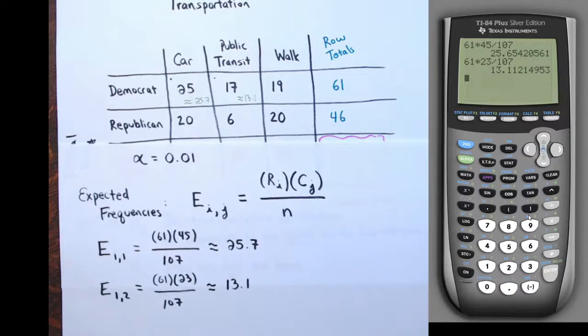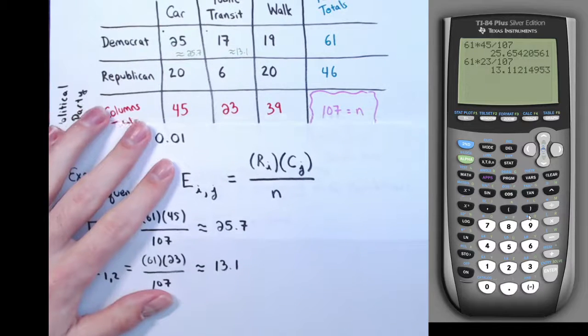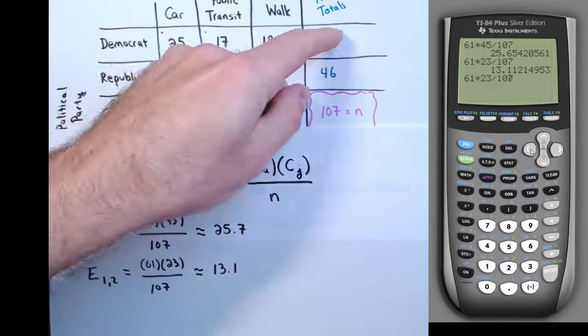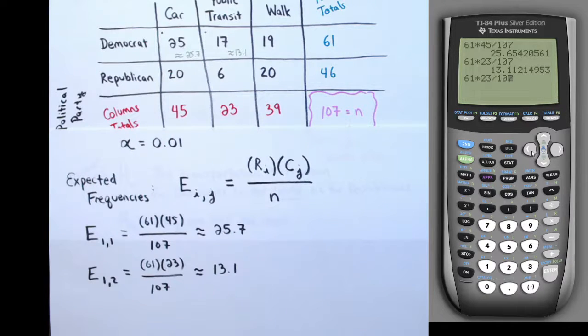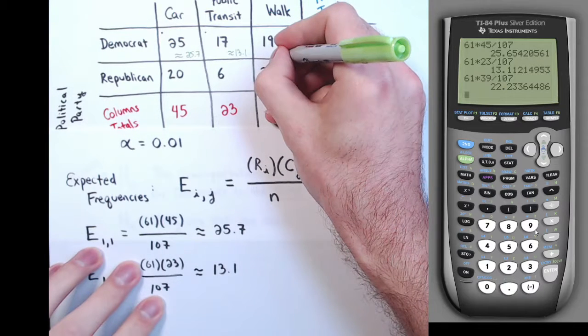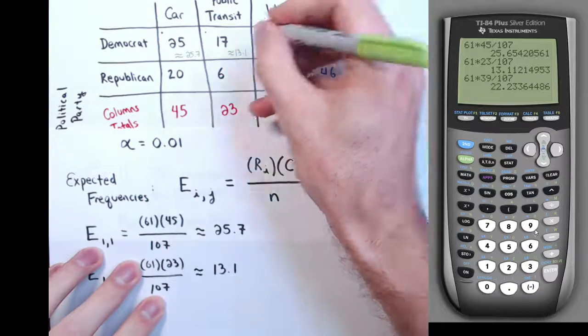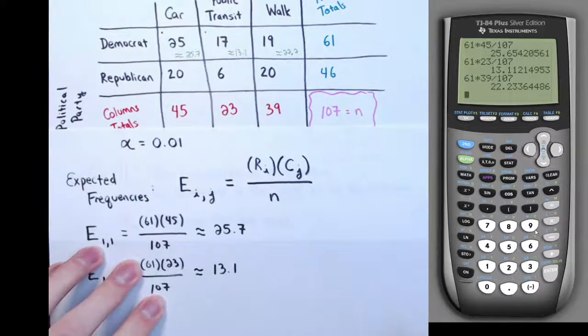All right, and let me just do this real quickly for the others. For the first row, third column, I'll just do second entry again, because I'd be taking 61 times 39 over 107. So I'm just going to change the 23 to a 39. And I'll write this under here, approximately 22.2